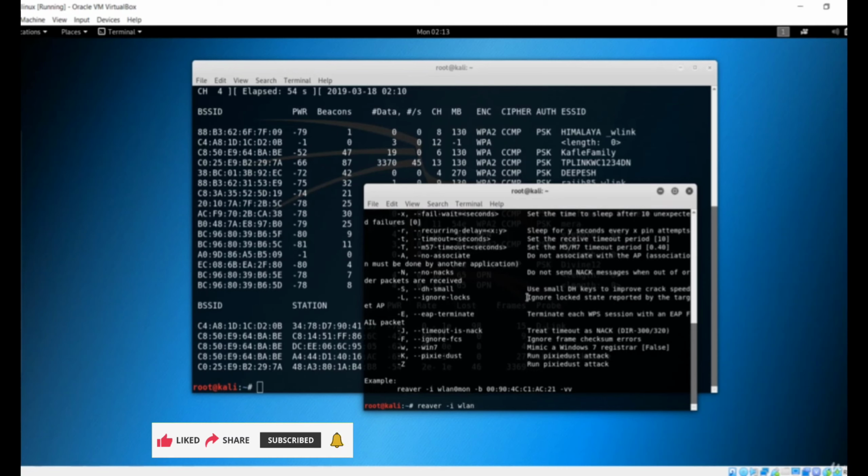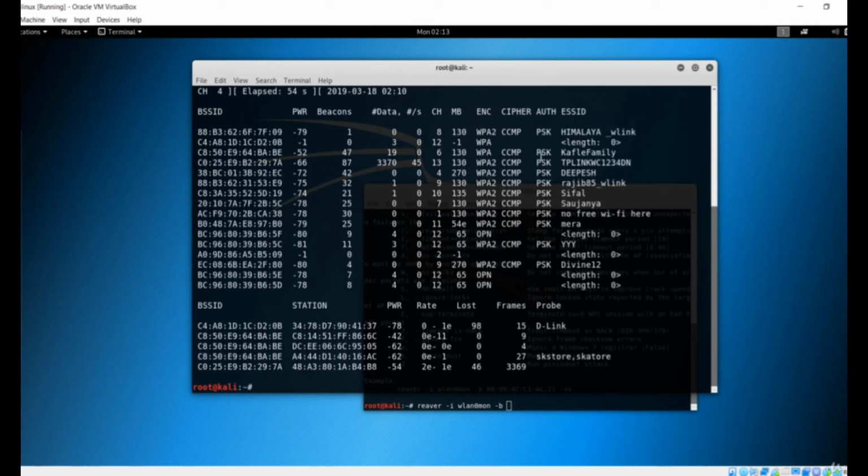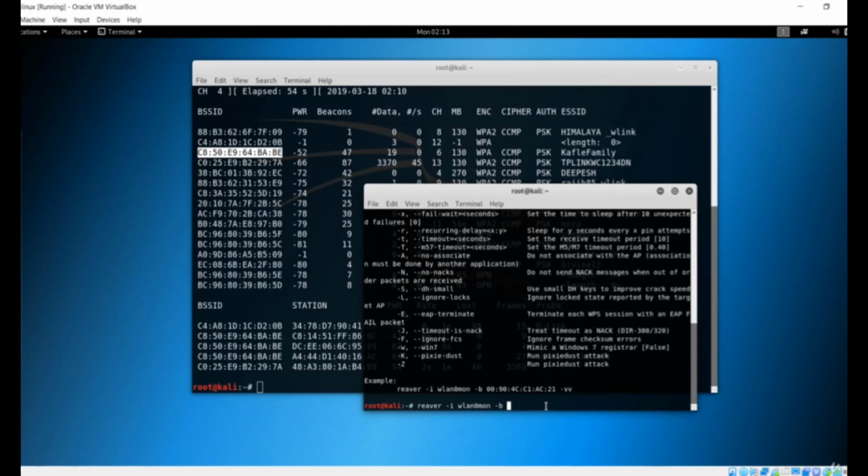So I have already shown you the monitor mode is wlan0mon in our case, and b is for BSSID, which is the MAC address of this machine or of your gateway. So I want to attack this, so I'll just use this BSSID. I'll just paste it right here,